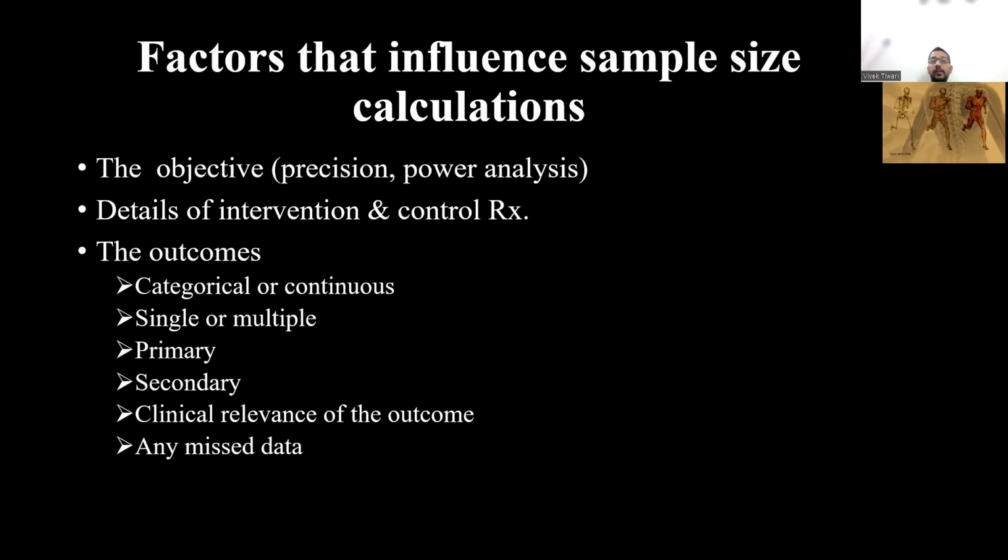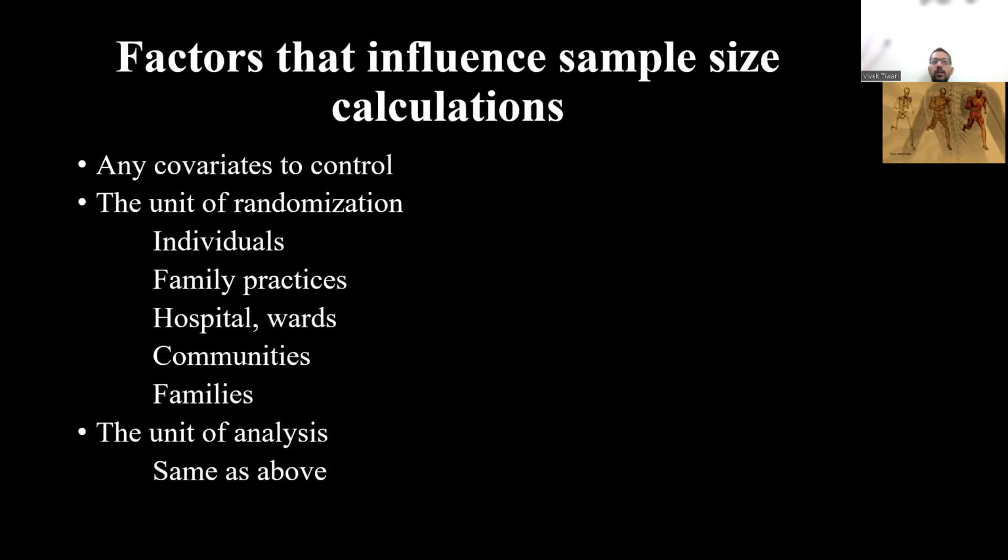There are various factors that influence the sample size calculation. They include the objective, the details of intervention and the control treatment, the outcomes, whether it is categorical or continuous, single or multiple, primary or secondary, what is the clinical relevance of the outcome, any missed data, whether there are any covariates to control, what is the unit of randomization, whether it is individual, family practices, hospital, wards, communities or families, what are the unit of analysis,